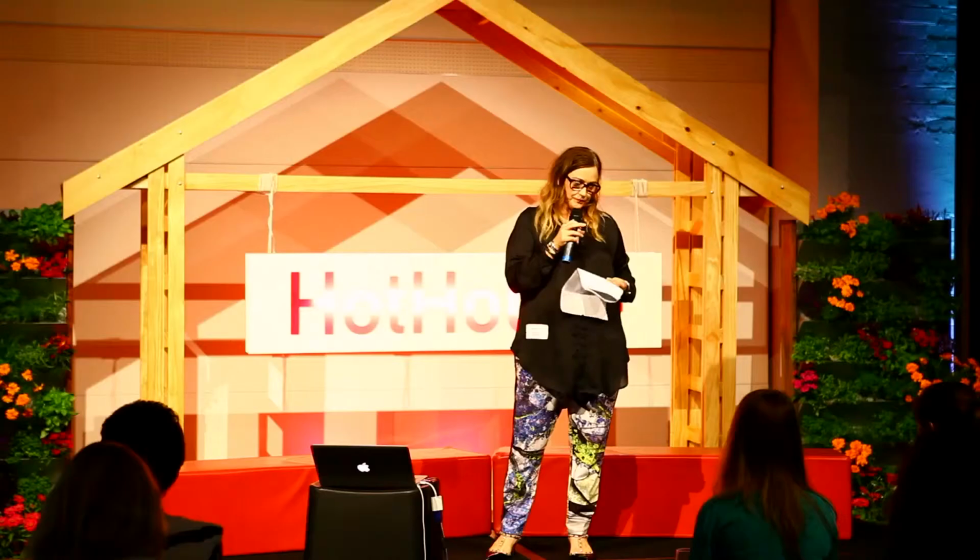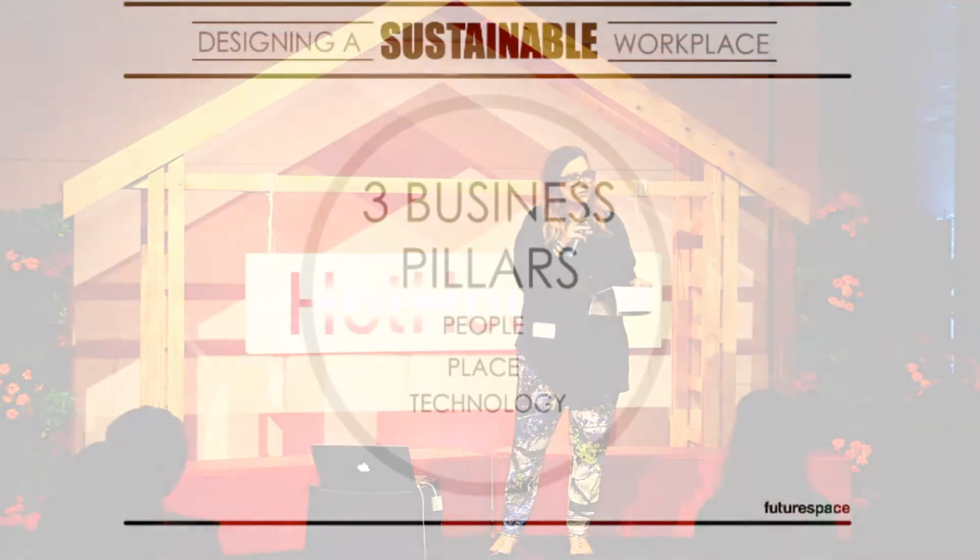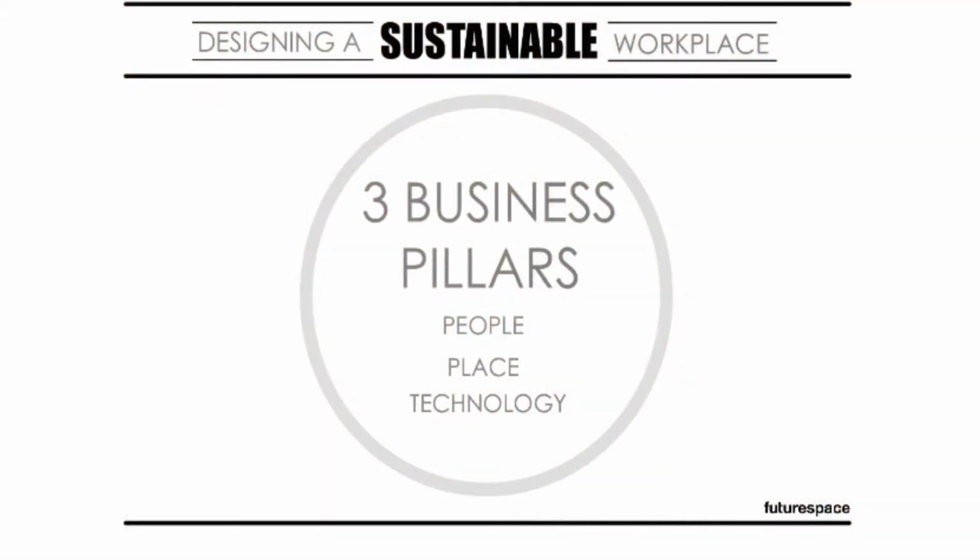So in terms of business pillars, I've got 3 case studies to present today, and for each of these case studies I'll talk about how these businesses have addressed one aspect of these business pillars, as it relates to sustainability. So the Google case study really has an emphasis on people and how sustainability relates to their brand, particularly their Australian brand. The What If project has an emphasis on place as it relates to their business and its choice to reuse an existing heritage building to reinforce the message of their brand. And then the Jones Lang LaSalle case study is predominantly about how technology has enabled that organisation to reduce their